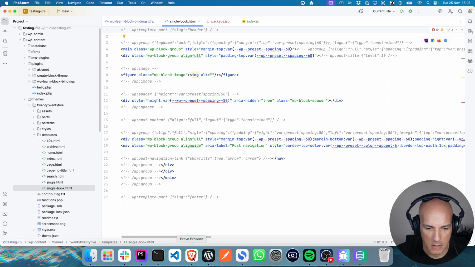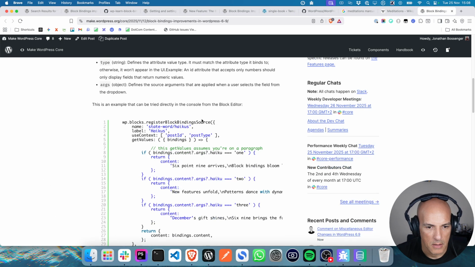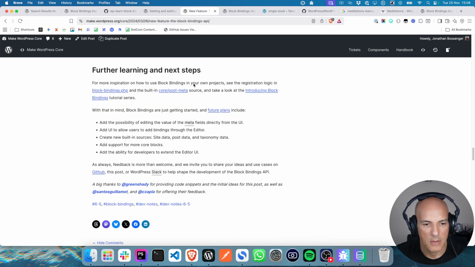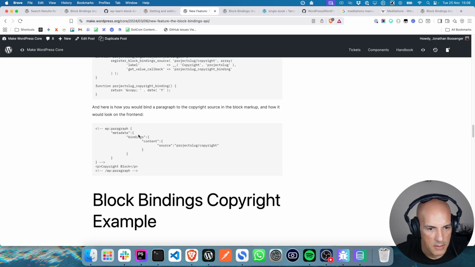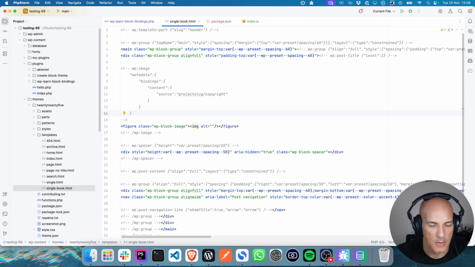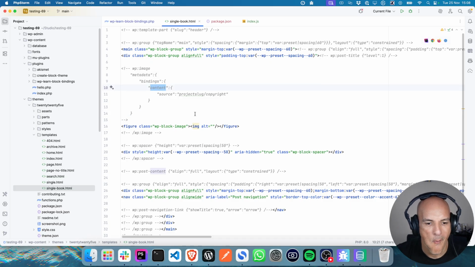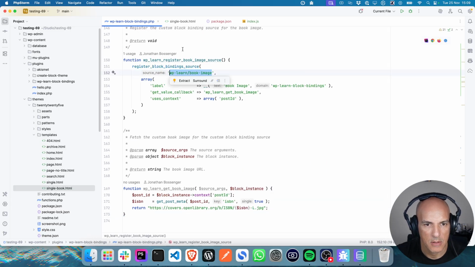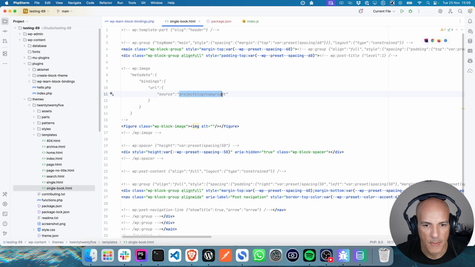There's the image block. And now I should be able to apply the metadata. Okay, so metadata bindings. It's going to be URL. And the source is going to be book image. I think that's going to work.